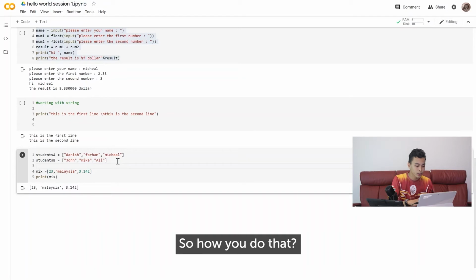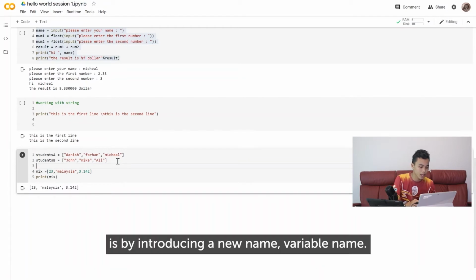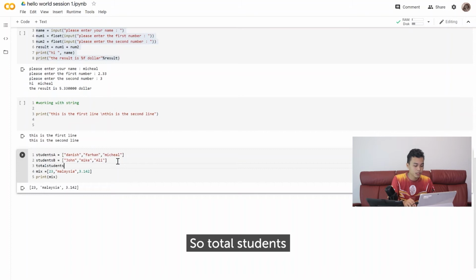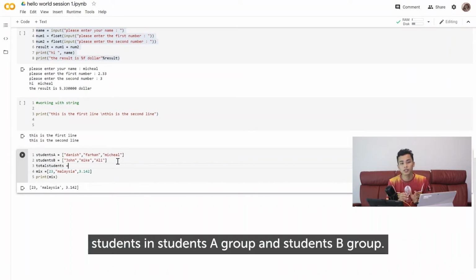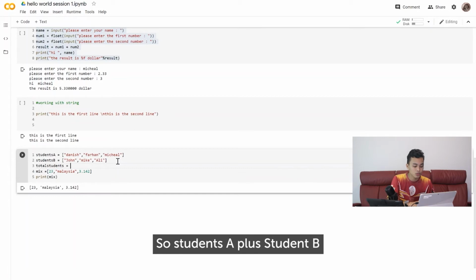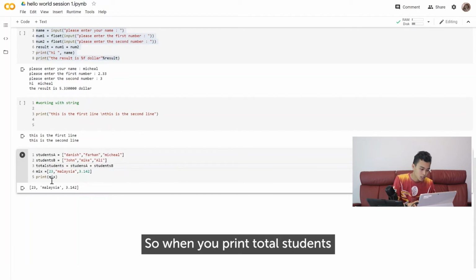So how you do that is by introducing a new variable name. Let's say total students. Total students will contain the students in the students A group and the students B group. So you need to add up those two lists. So students A plus students B. So when you print